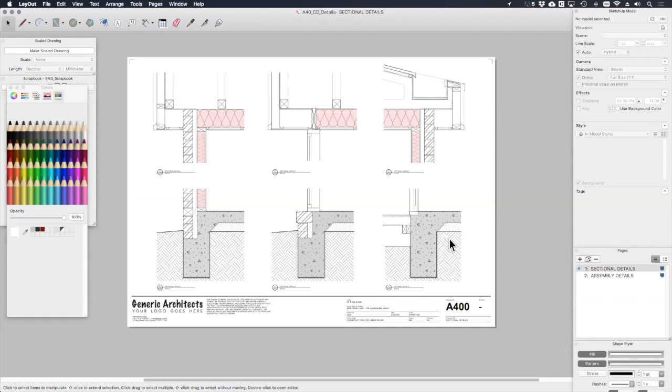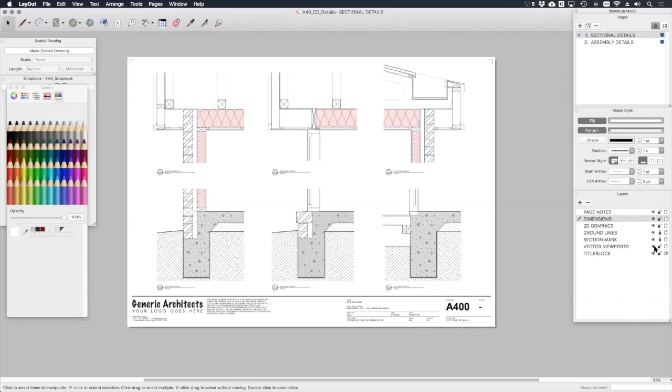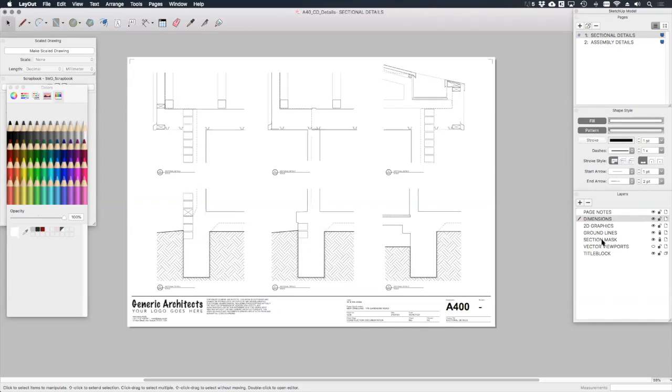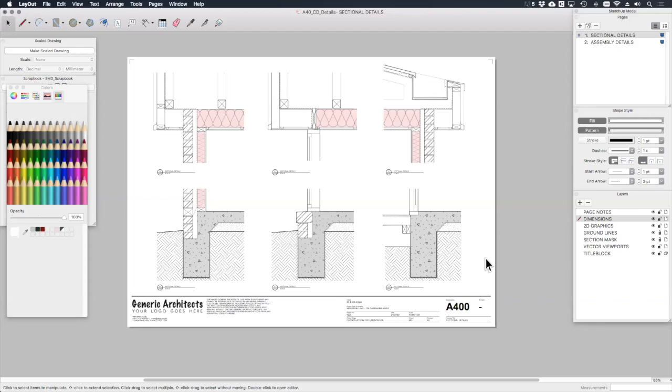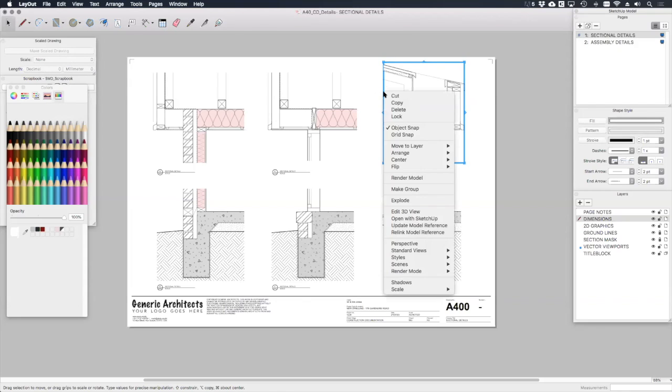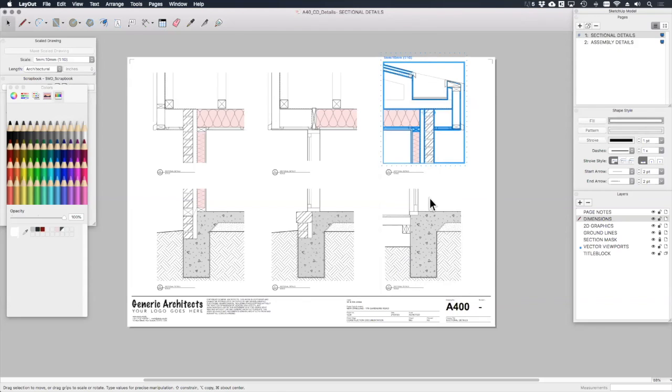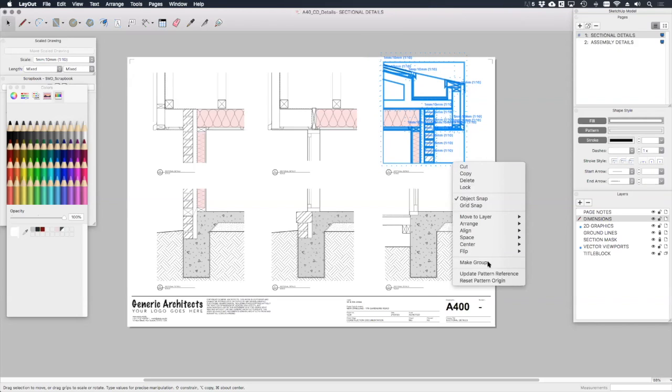So fast forward a little while and I've added some additional line work, hatching and some scale drawings to my 2D details. If I just hide the viewports in behind, you'll see the extra lines and things that I've added. But for now, I think these are looking pretty good. What you can actually do as well is, if we say take this parapet detail here, if we right click on the viewport and then go to explode, this detaches that viewport from the SketchUp model and converts it to line work. So what we can do then is simply select this whole detail, make it a group, and then